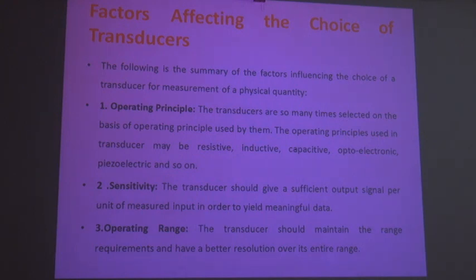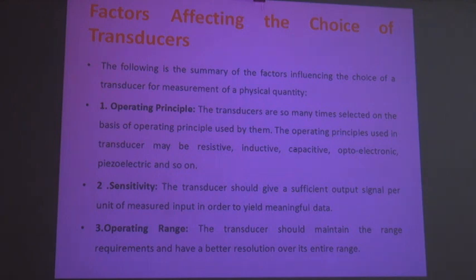For example, RTD. A change in the measured quantity will appear in terms of the resistance value. If we measure the temperature with an RTD, the value of temperature can be calibrated in terms of the resistance. For example, if we measure the pressure, that pressure can be calibrated in terms of the inductance value. Or if we measure the pressure applied on a piezoelectrical transducer, this pressure can be measured in terms of piezoelectrical terms. So those are the operating principles.